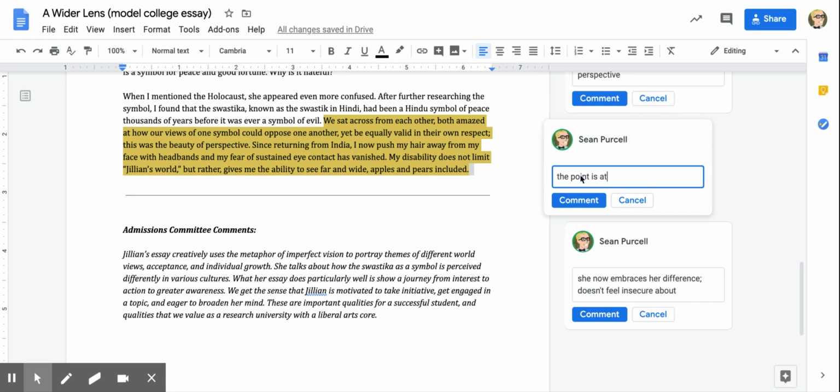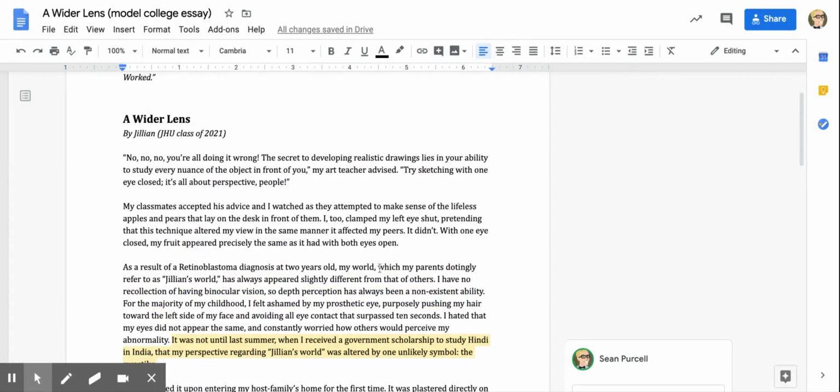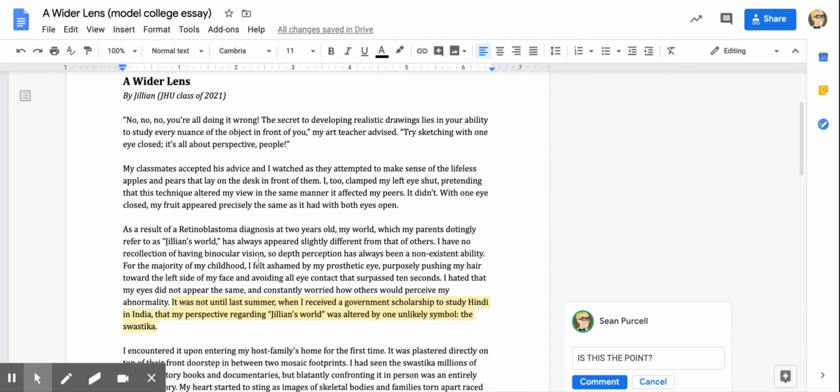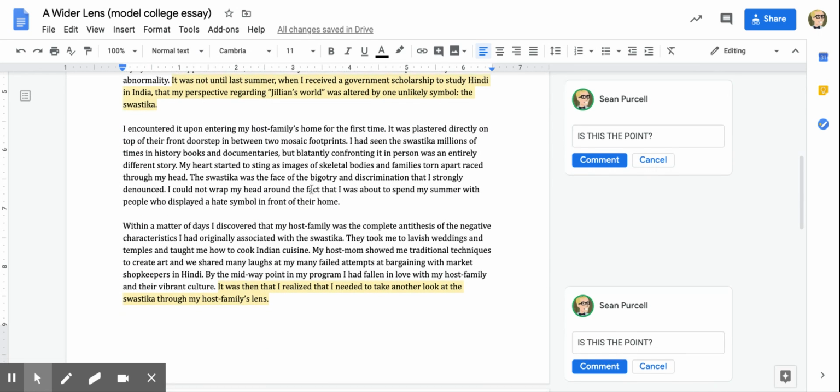The point is at the end. That's because what's driving this essay is the story of Jillian's growth, of who she was before, which we get up here, felt ashamed of who she was before, and she was confused about the swastika,